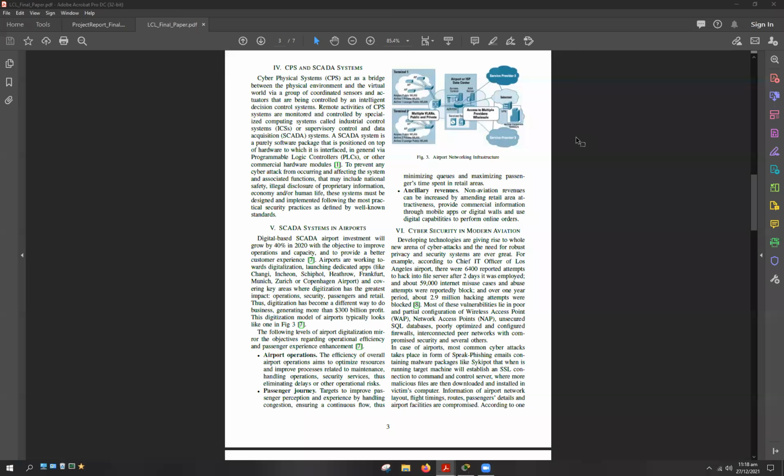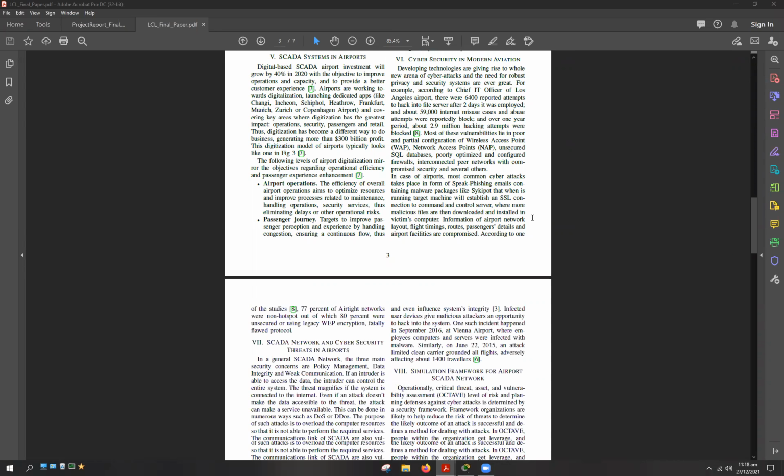So once we have conducted the survey for the attacks that have been identified so far in the context of the airport, we next tried to implement such an attack within one of the simulation tools. But that work wasn't completed. So in this project report, the research report, we haven't exactly reported that work, but this project does have the future potential for such a simulation to be carried out, right?